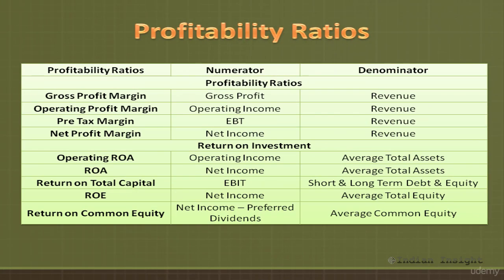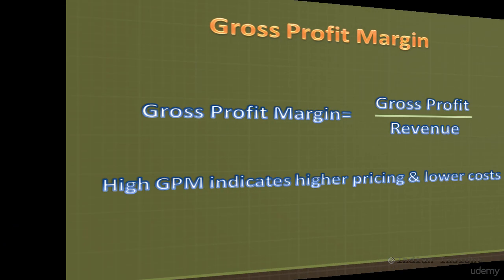We have shown here some common profitability ratios. The various return on sales ratios express various subtotals on the income statement like gross profit, operating profit, and net profit by dividing them by the revenue, and thus measure them as a percentage of revenue. The other type of profitability ratio is the return on investment profitability ratio. These ratios measure incomes relative to assets, equity, or total capital employed by the company. Now let's look at these ratios one by one.